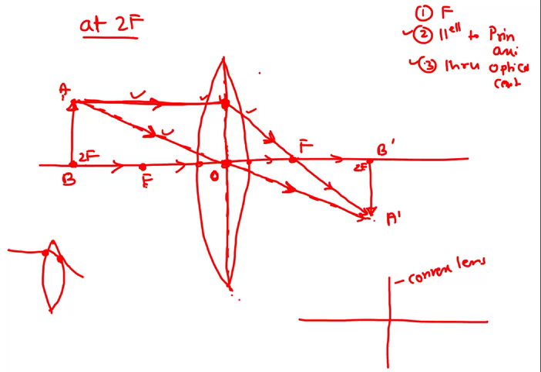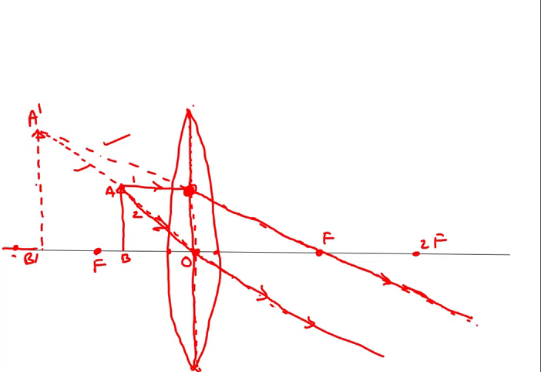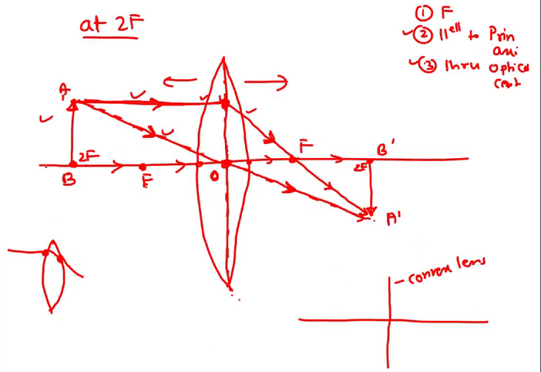Real image is one which gets formed on the other side of the lens. If this is the side of the object, the image is getting formed on the other side of the lens. So that would be a real image. Whereas in this case, the image is formed on the same side as the object. So this is a virtual image. So we have to identify the